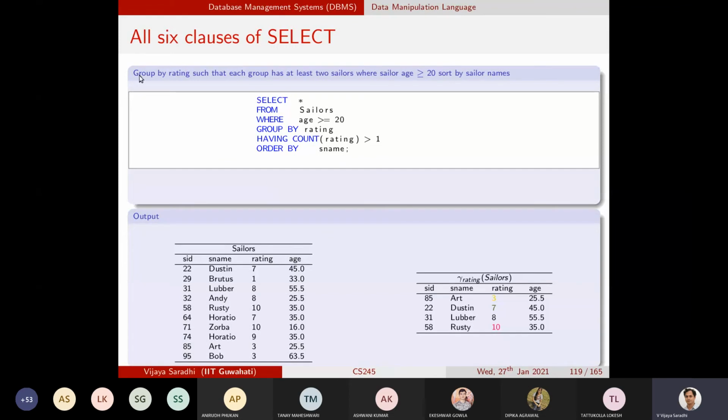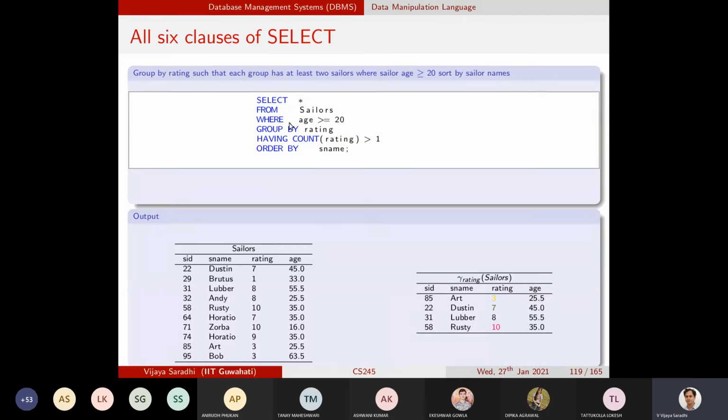The query says: give me all the records in Sailors, grouped by rating, such that in each group there are at least 2 members, and the age of the member is greater than 20, and order by name.